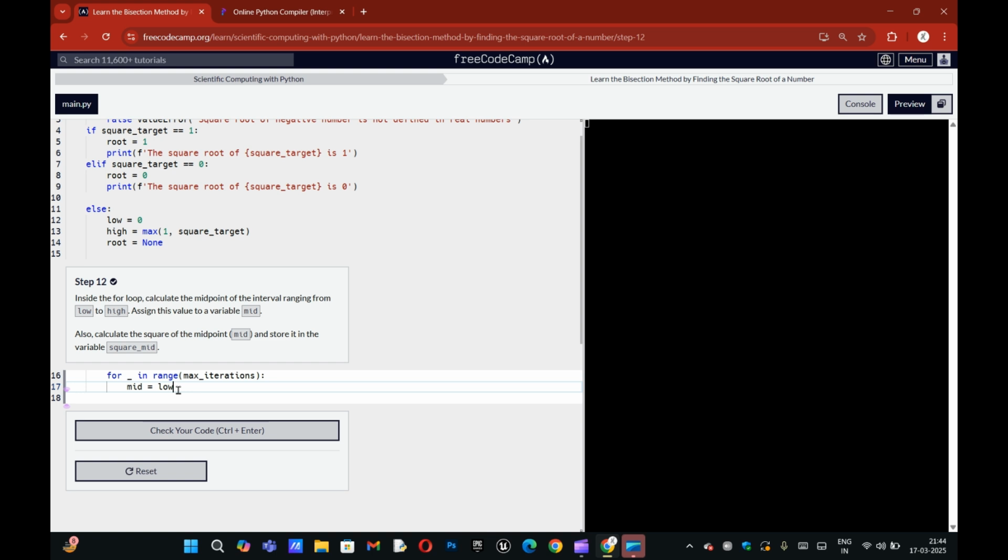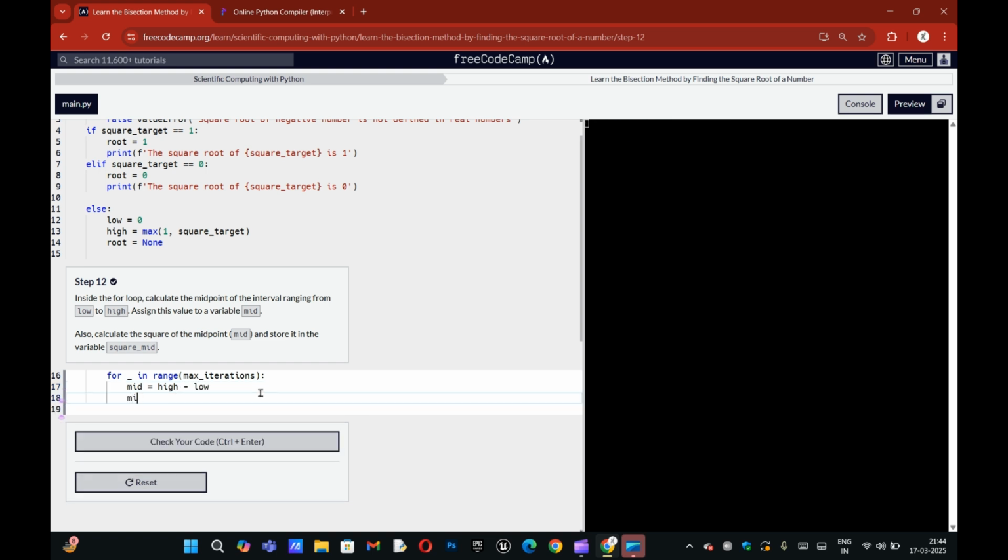So inside the loop, calculate high minus low, and square mid is basically mid into mid.